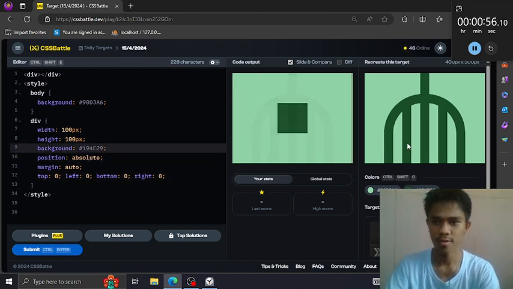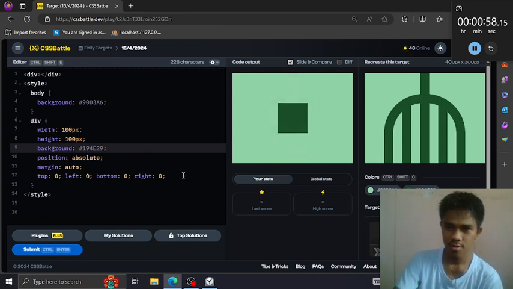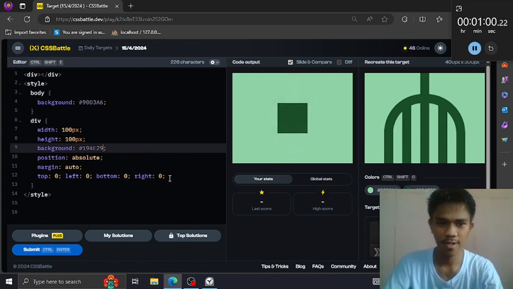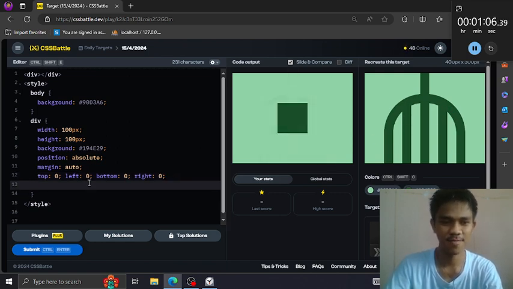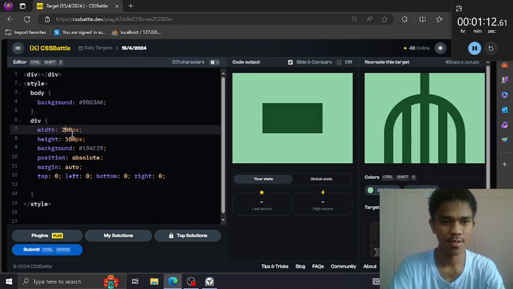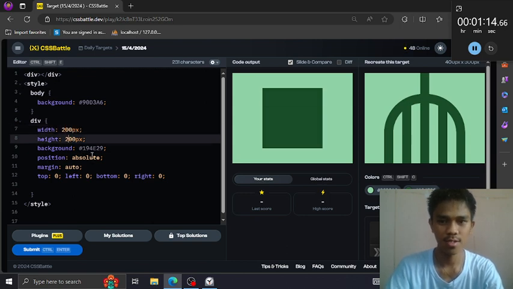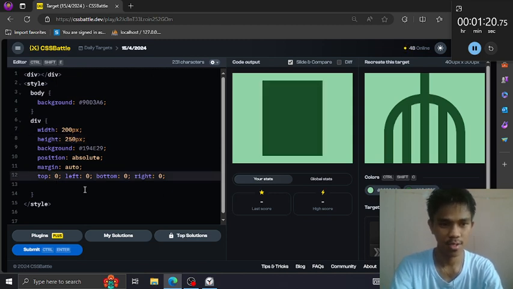You know what? I think we will do a two half oval. This half oval has an offset at the bottom. So push this. Wait, let's adjust the size first. 200, double the size, and the height. Let's add the height. Push this to the bottom.